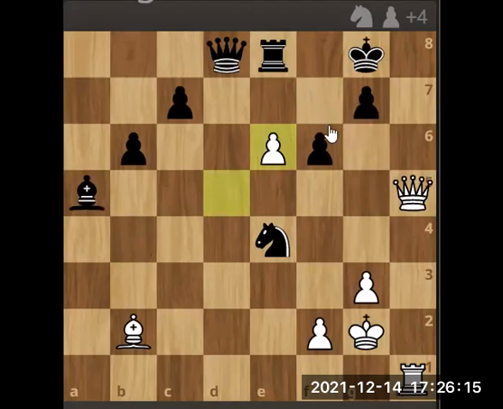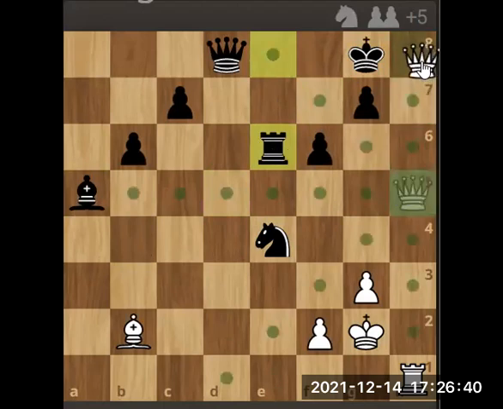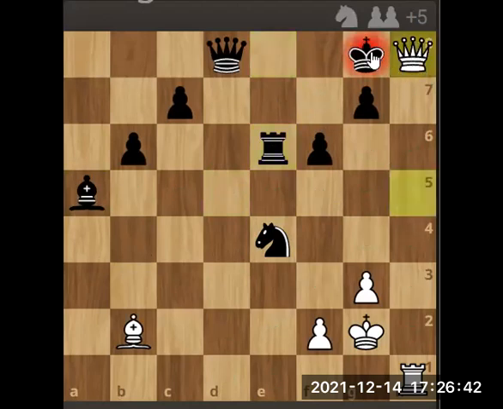So, to prevent this checkmate, this is a checkmate, the king can't move anywhere. To prevent this checkmate, what does black do? It should take this pawn, no other option. So now, what has happened after the rook took the pawn? Now, in normal cases, you would think that okay, the rook takes the pawn, nothing would happen. But here, we now make the skewer. This is the skewer now.